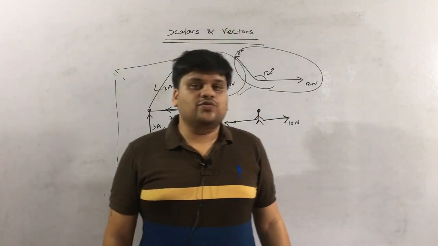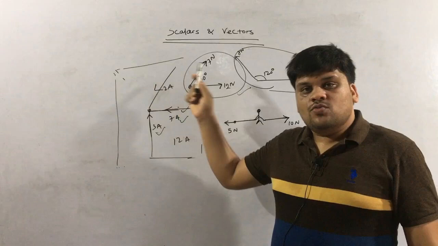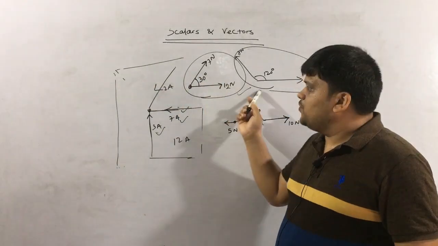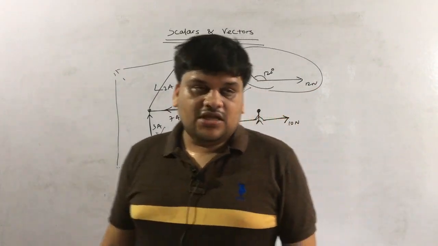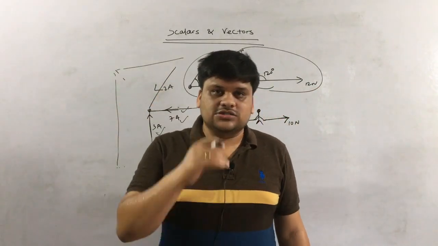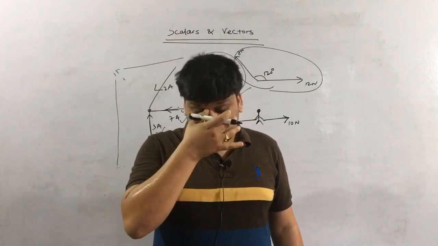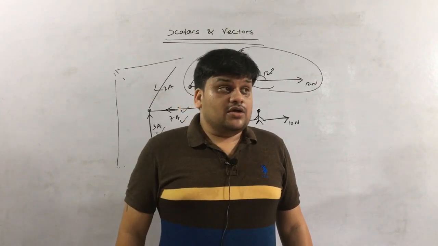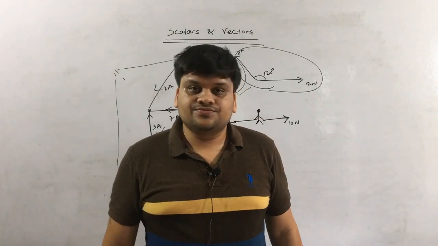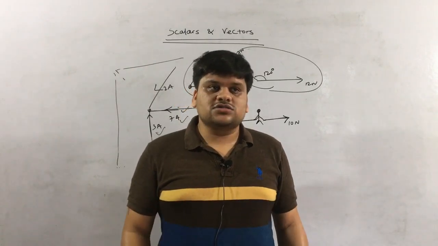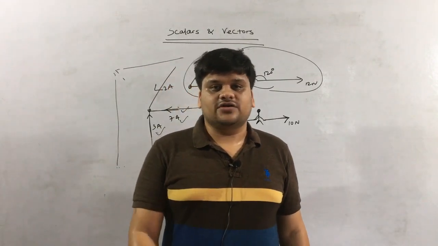It means we have to change our definition, because both have direction. Current also has direction, force also has direction, but I am saying force is a vector and current is a scalar. So we have to change the definition. Now note it down. What is a vector? A vector is a physical quantity which has direction, but its addition and subtraction cannot be done algebraically. There are some specific laws with which we can add or subtract them; those are known as vectors.